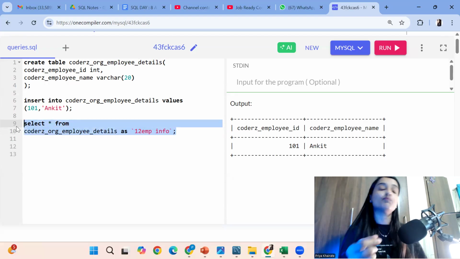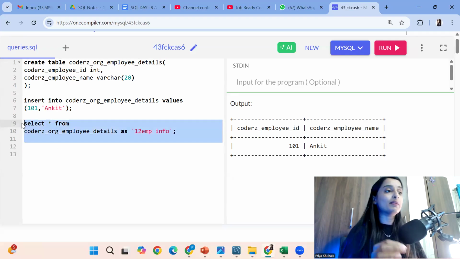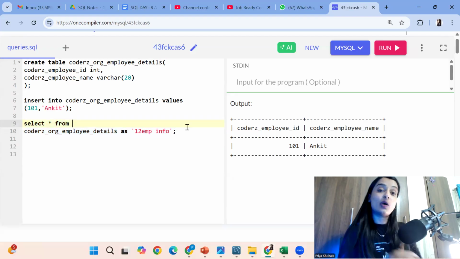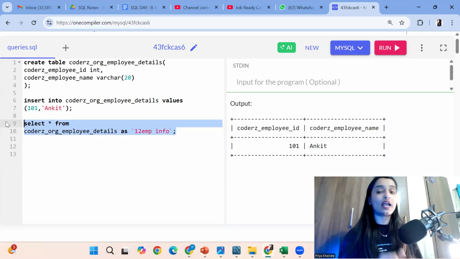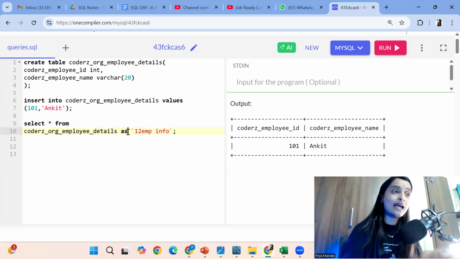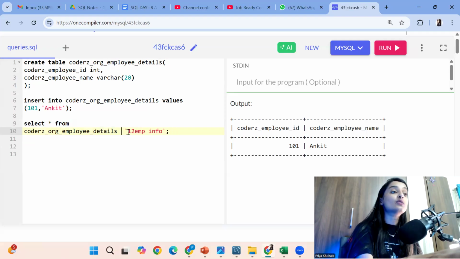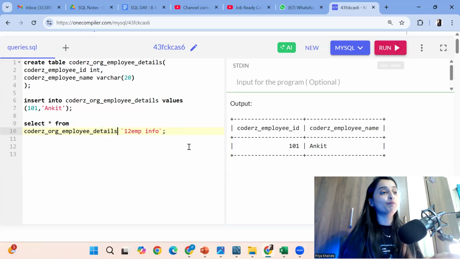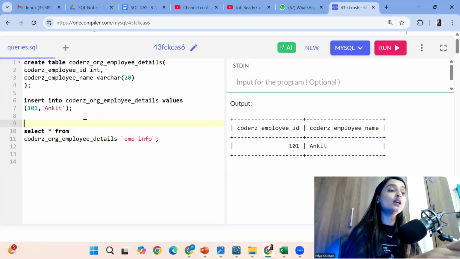Because previously we were calling SQL a structured English query language. SQL is similar to your English. So SQL means structured English query language. So your queries are similar to our English language, guys. So that's why you can use this as just for the sake of your comfort while reading the query. If you skip it also, nothing will happen. So this is the example where we have given a temporary name to the table.